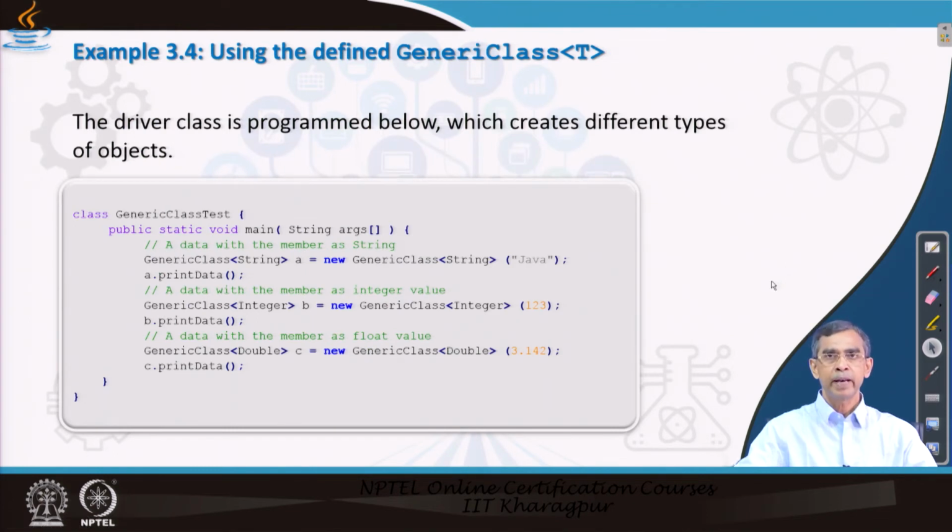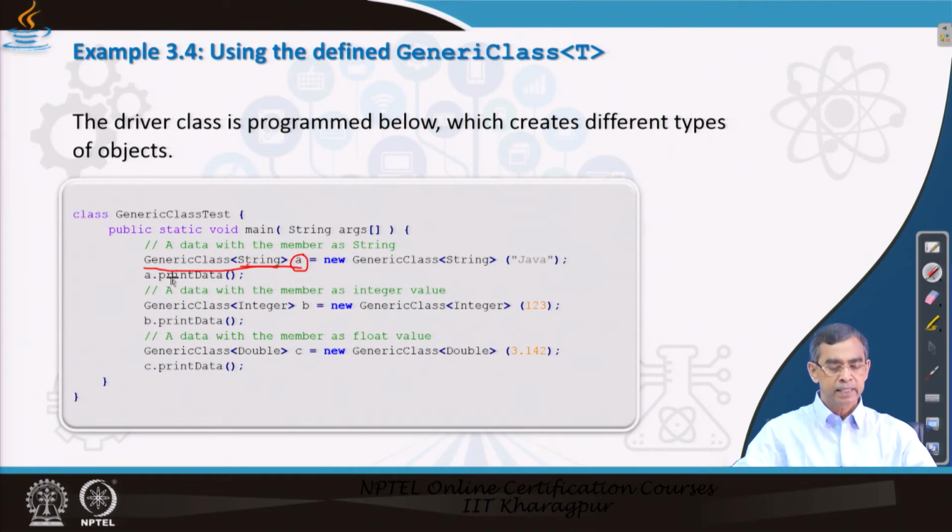This is the main method which utilizes the previous declaration. Now, in this method, as we see, we create an object A. Here we mention the template T as a String.